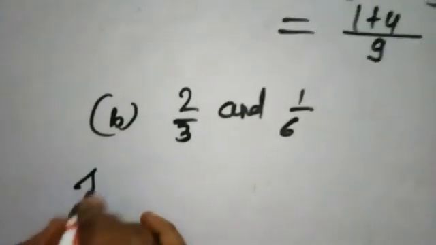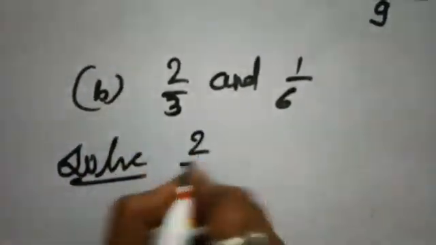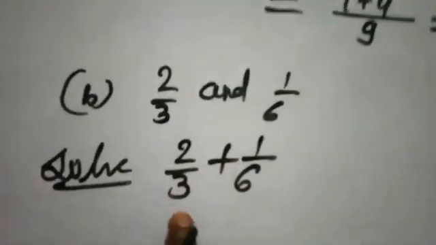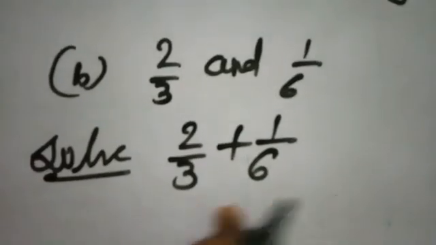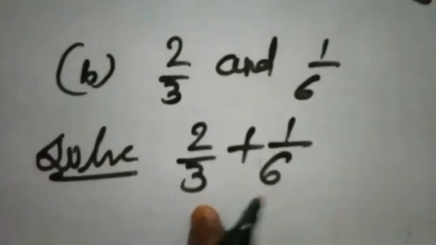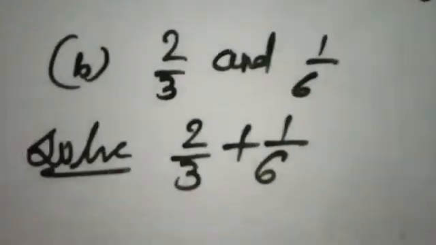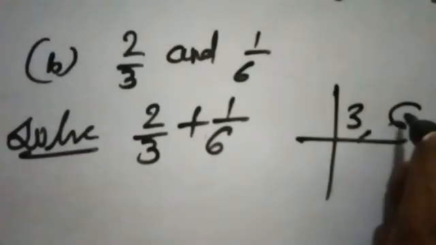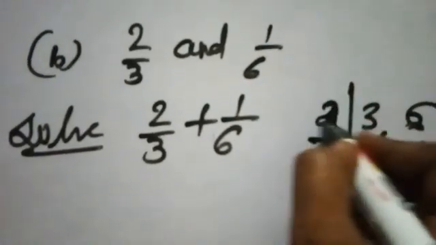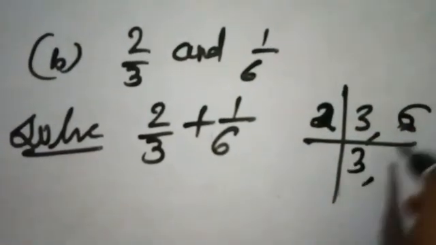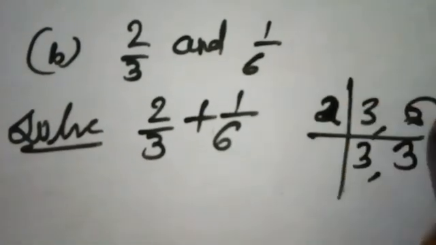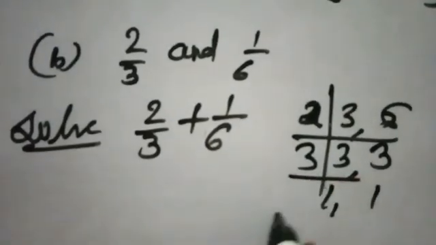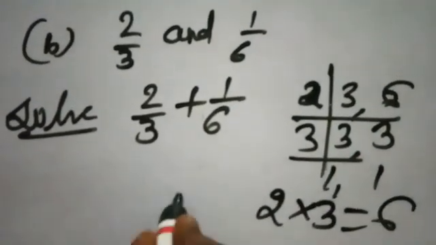See the B part. When we go through the B part, here 2 upon 3 and 1 upon 6. I told you addition is only possible in like fractions, when they have the same denominator. So what to do? See 3 and 6. Here we will find out the LCM of the denominators. So what is the LCM? Are both numbers divisible by 2? No. Start from 2. 2 3s are 6. So what is our LCM? Our LCM is